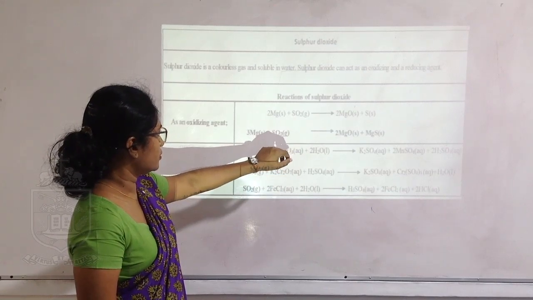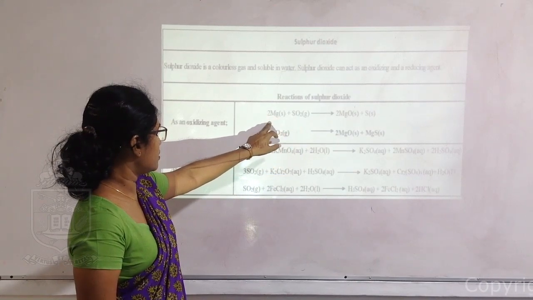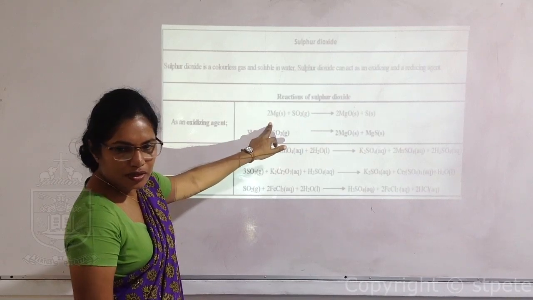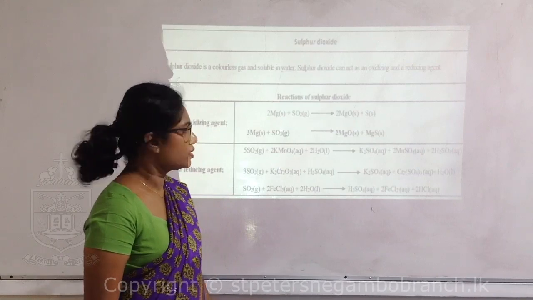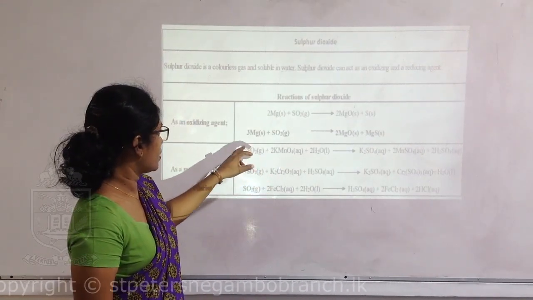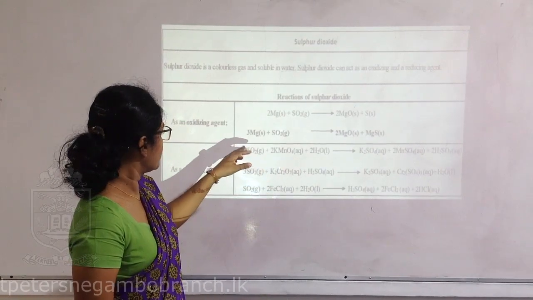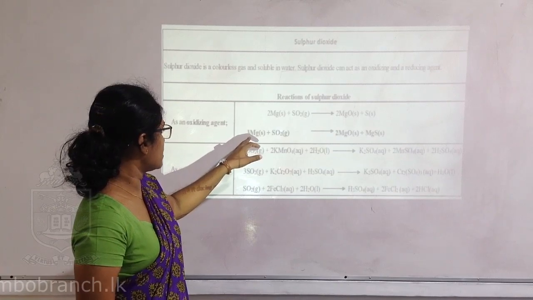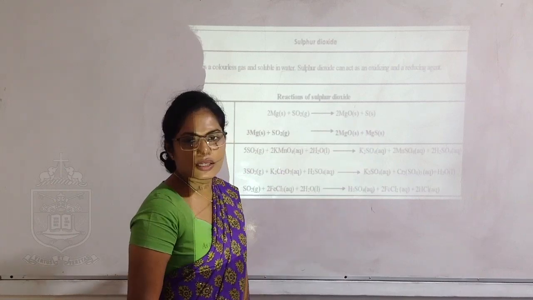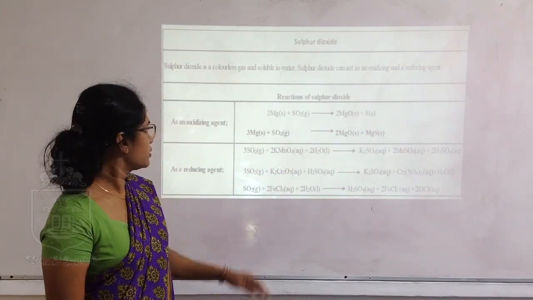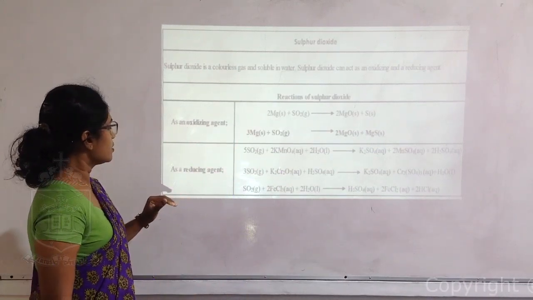metal magnesium and it produces magnesium oxide and sulfur. And also with excess magnesium it produces magnesium oxide and magnesium sulfide. And another reaction